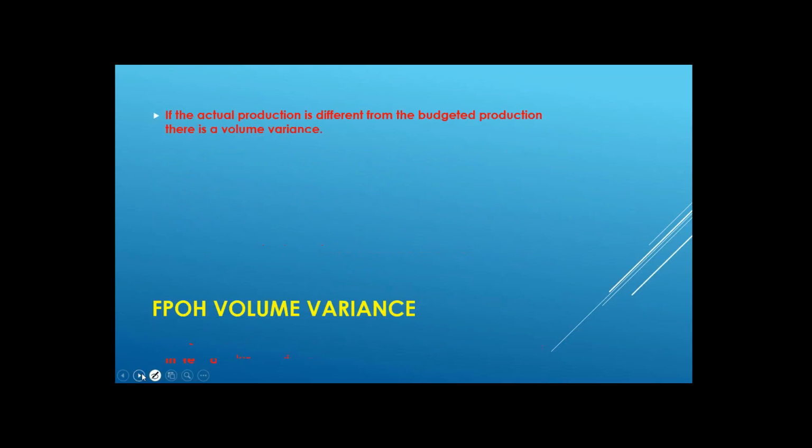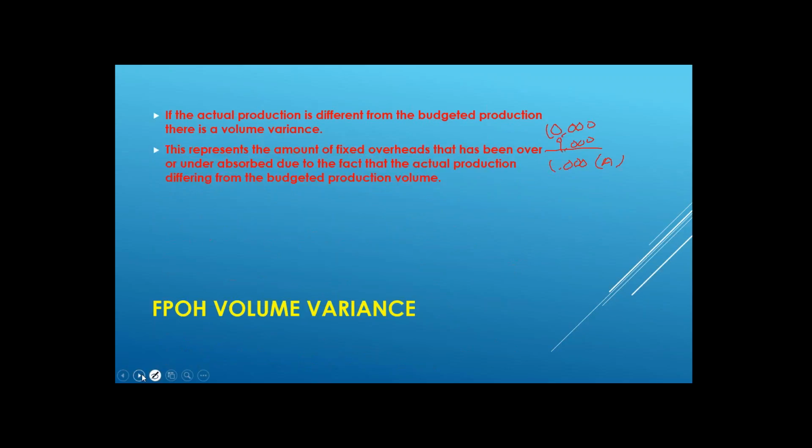Then we have the volume variance. The volume variance arises because of the volume differences. We budgeted for 10,000, but we ended up producing 9,000. So we have a 1,000 shortfall, which is adverse. That is the volume variance, and that volume variance is calculated